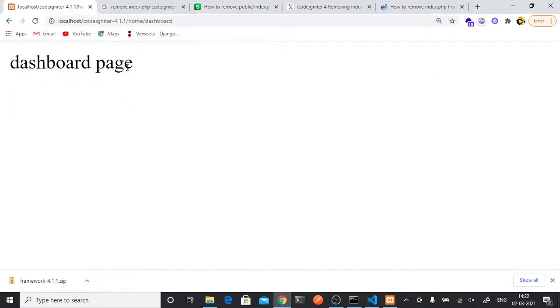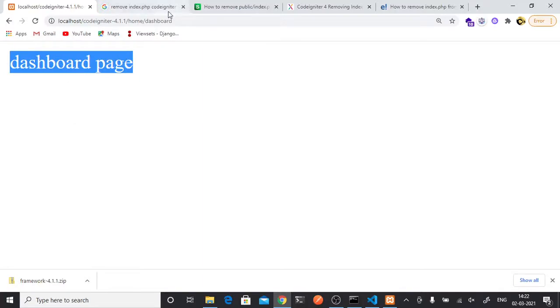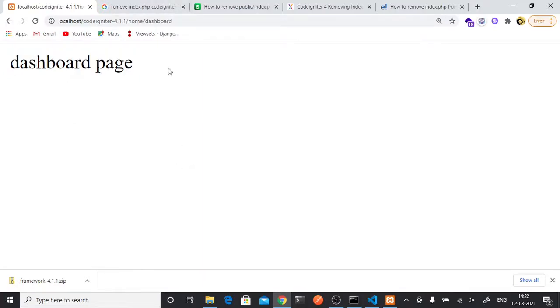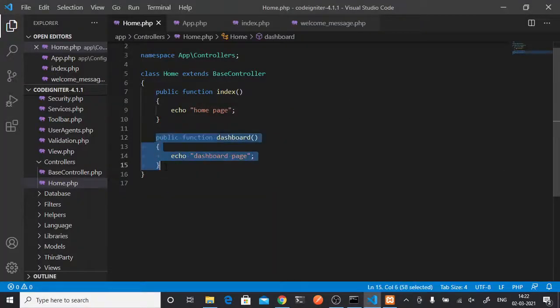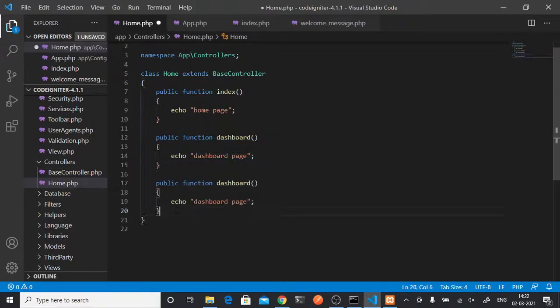So this is how routing is done in your CodeIgniter 4. So basically I can have as many methods as I want, and those pages I can call on that specific method. So let's say I say contact, so it is nothing but the contact page.